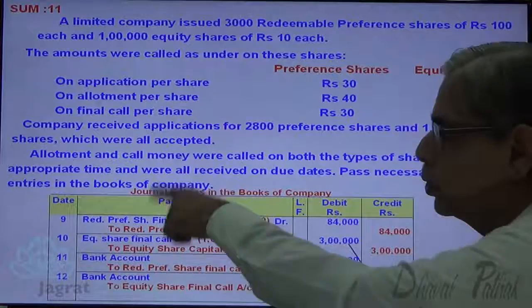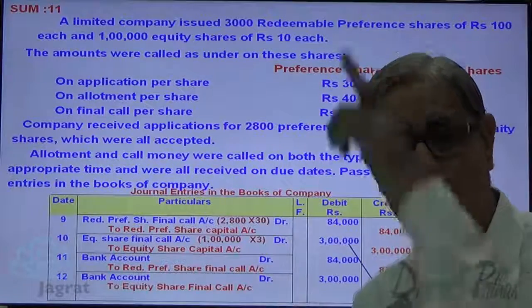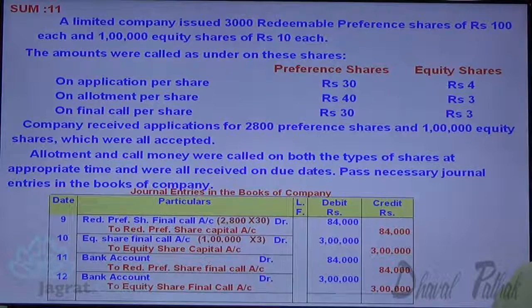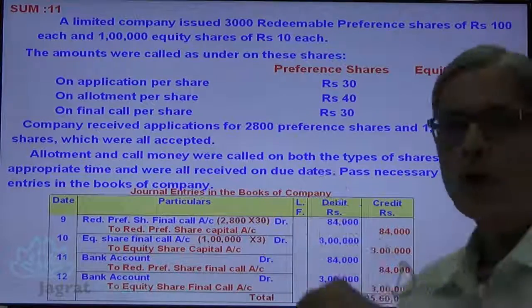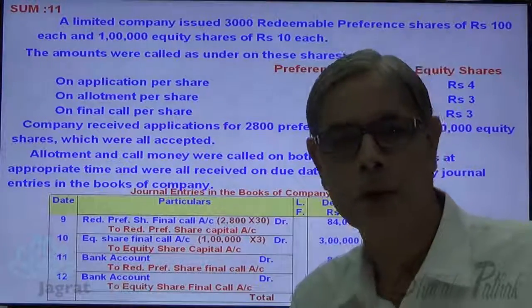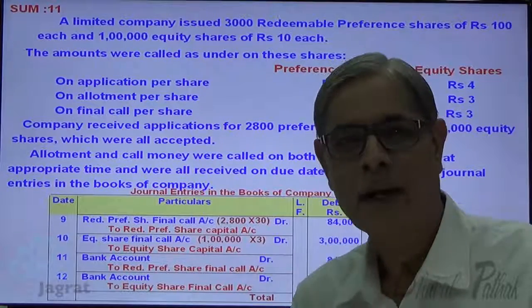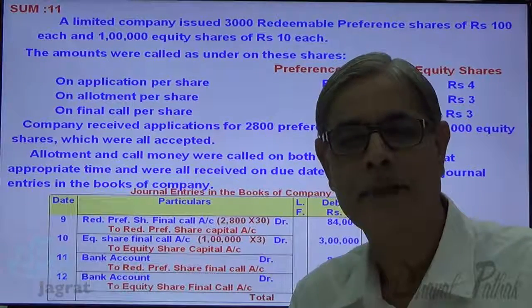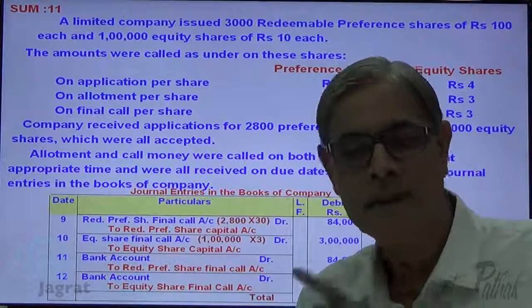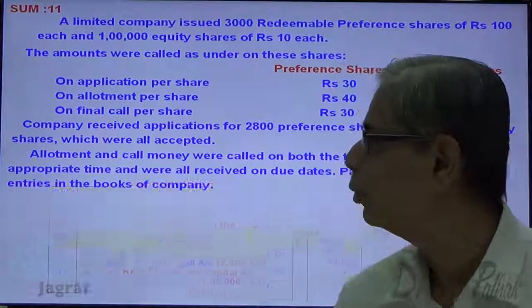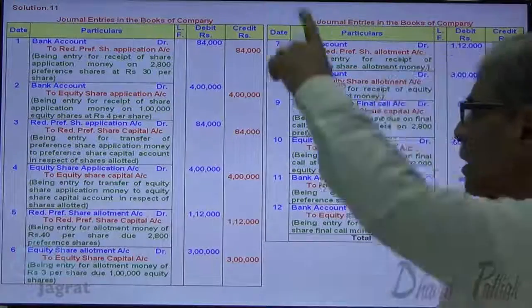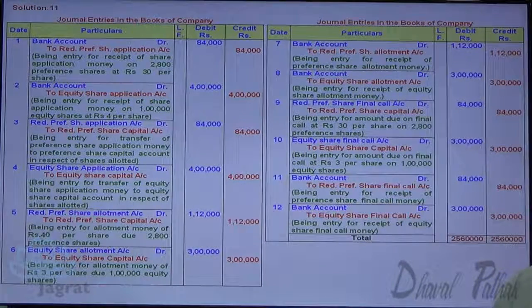Now we have written a total of 12 journal entries. The total of all the 12 journal entries, if you work out, is 25,60,000. Now all these journal entries are presented here before you without writing narration. Now you are supposed to write narration in the examination. I have explained these journal entries. If you want to see the sum with narration, it will look like this. You can read the narration patiently and understand the concept once again.